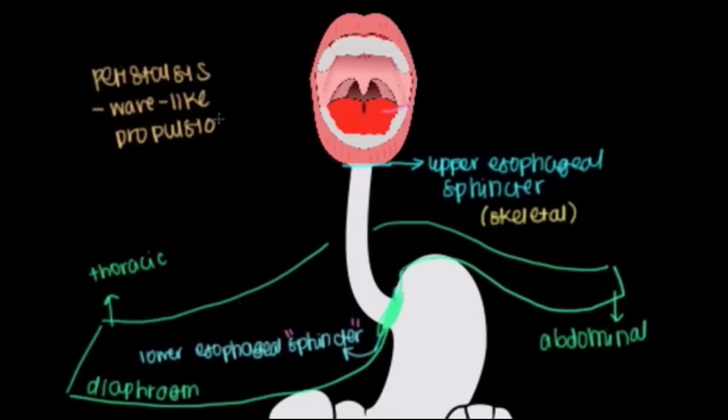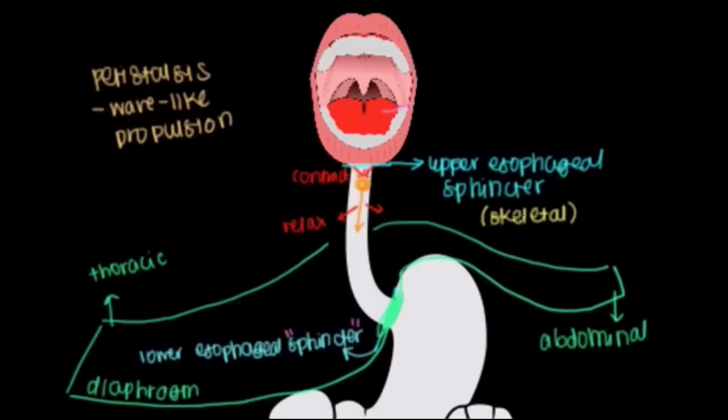Because you'll have the contraction of the esophagus at one point up here, like so, and by doing that, it relaxes down here. And so, when it relaxes here and contracts up here, that means that if you have a bolus of food, like a little circle that's right there, it's more inclined to move this way, directly ahead. And that's peristalsis. And the way we control that is in three parts along the esophagus,